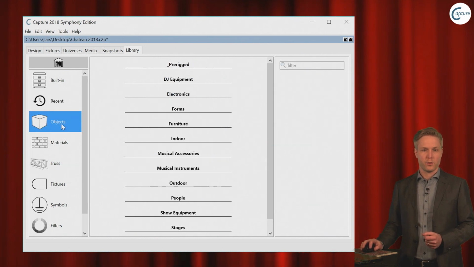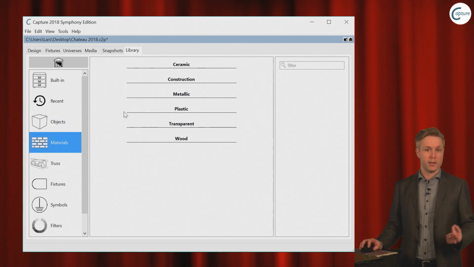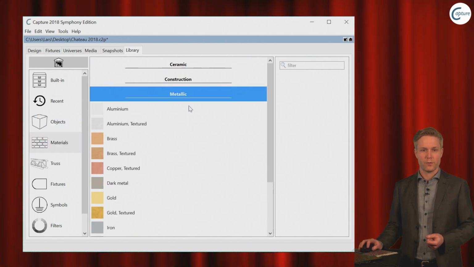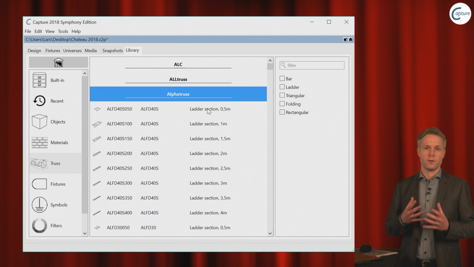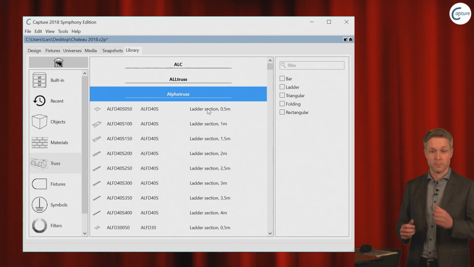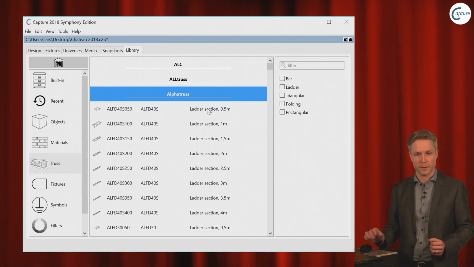Moving on, and as you would expect, we have the objects category with the built-in shapes and the library objects like tables, etc. We have a materials category, which now also features previews of the materials. Then we have a truss category, which also features previews of the truss items, and perhaps more importantly,